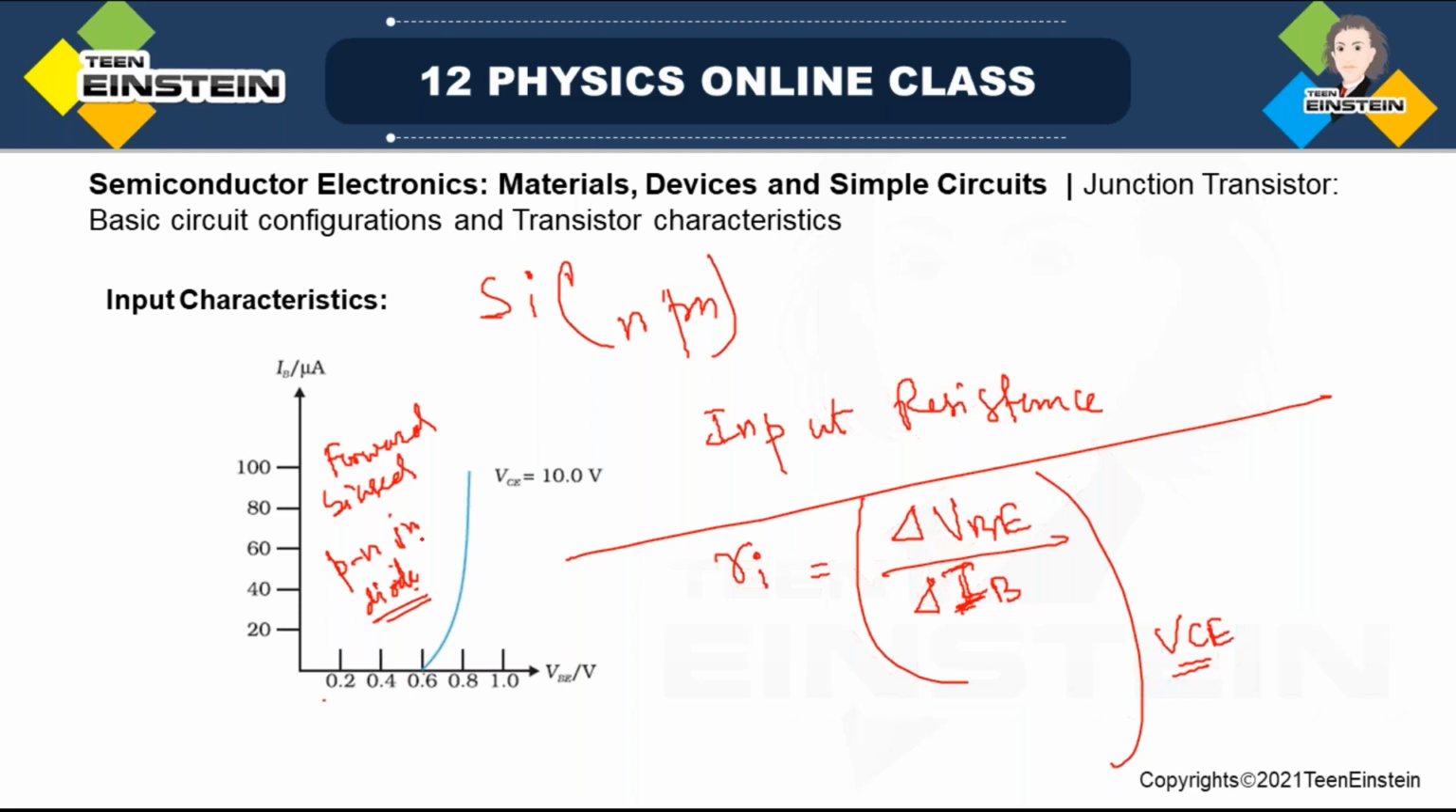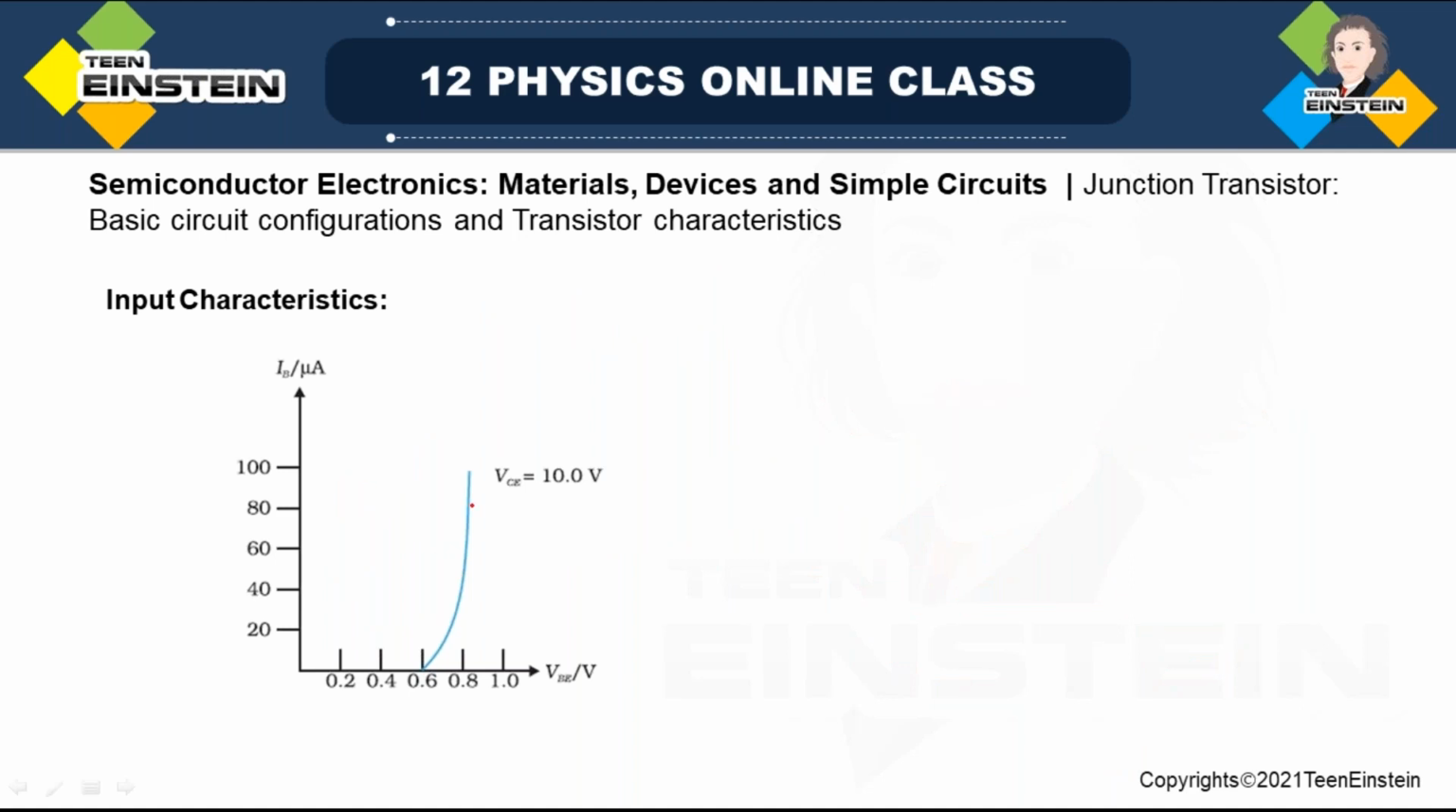Okay, so I hope it is understood. So the input characteristics is drawn IB versus VBE when VCE is constant. Okay, VCE is constant,